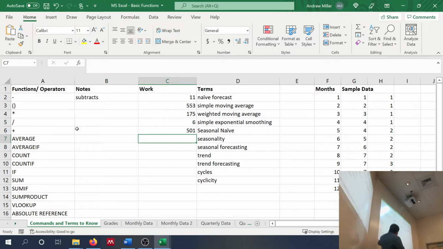We start off a function the same way, where we type in equals, function name, then we open up a parentheses. So for average, we're going to type in equals, average, open up a parentheses, then we can do a couple different things. In the average function in particular, we can enter numbers separated by commas, and that will average those numbers. We can also select a particular range of data, and it will average that range of data. Everyone understands what an average is, right?